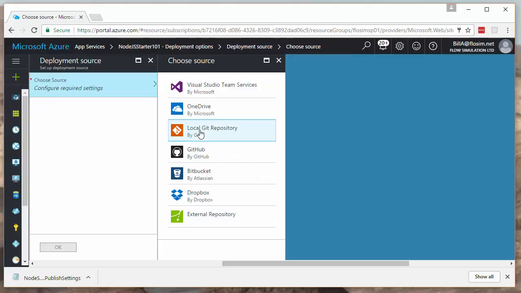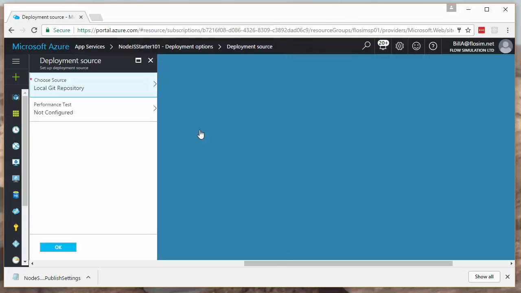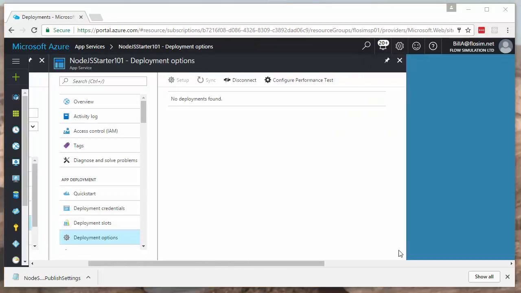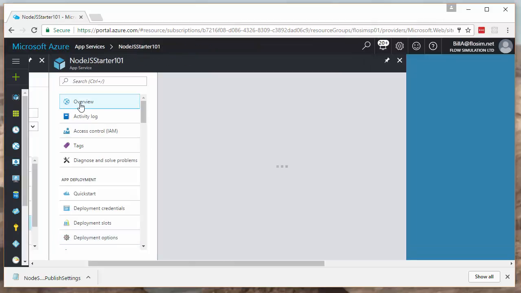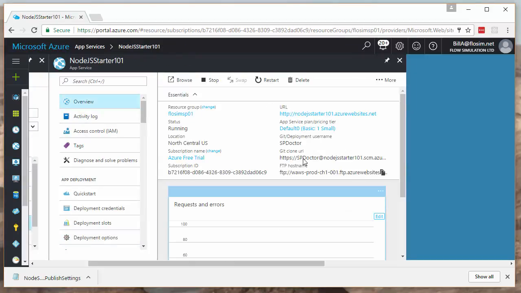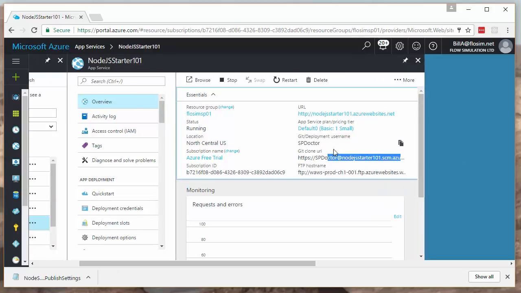So I'm going to select local Git repository, OK, and now if I go back to the overview, you'll see that this Git clone URL has changed, and now instead of pointing to GitHub and the master starter copy, it's actually the local copy in Azure. So I'm going to copy that URL using this click to copy here,